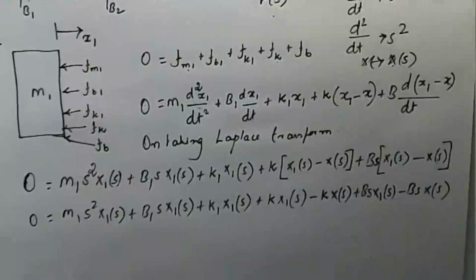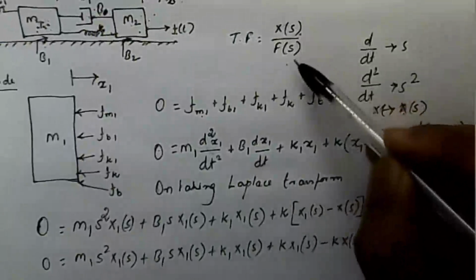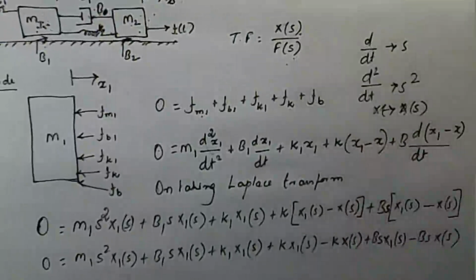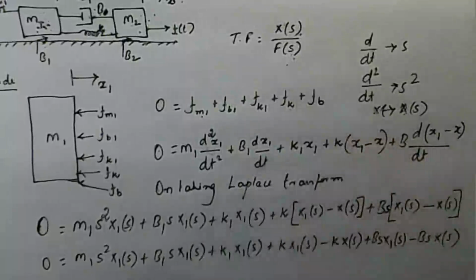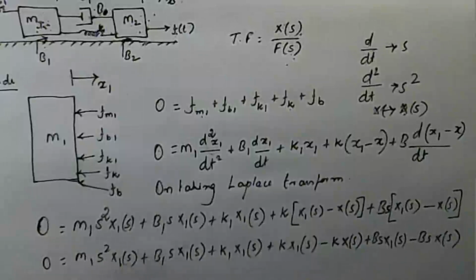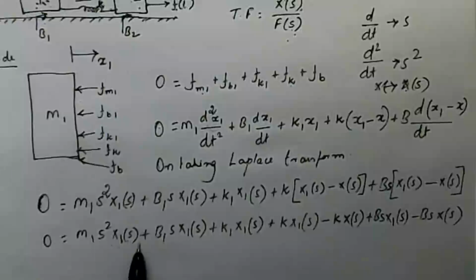Then another important point is we want x of s divided by f of s. Now the x1 of s term is not needed. In this type of calculation, take the unwanted term on the left side. The one equation becomes 0 on the left side. From that equation, calculate the unwanted term, which is x1 of s. Then substitute this term in the other differential equation, and then it is easy to calculate. So now I am going to take the x1 of s terms.